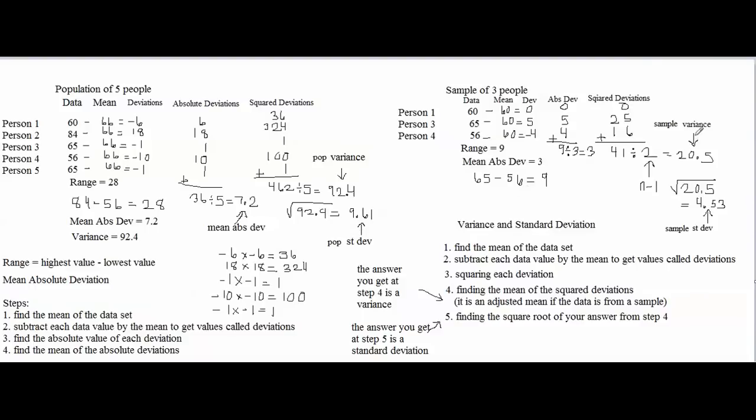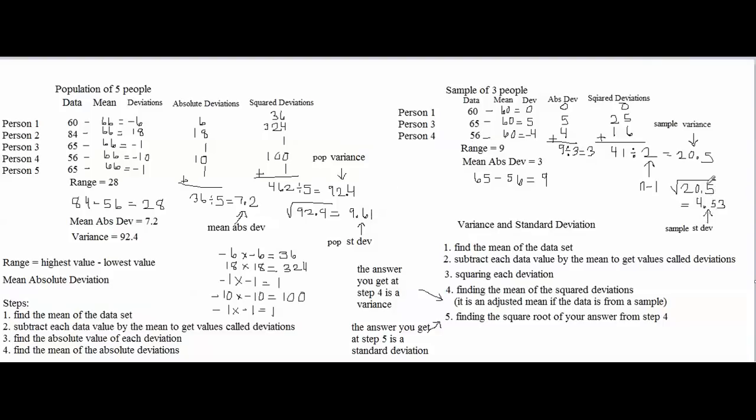So the sample variance right here is meant to estimate the population variance over here, and the sample standard deviation here is meant to estimate the population standard deviation over here. A sample value estimates the population value, and